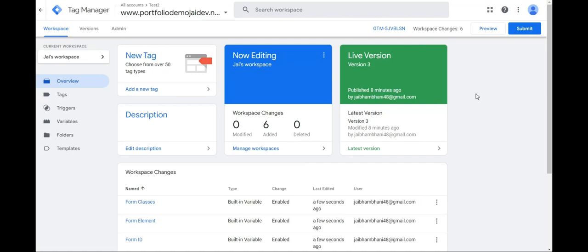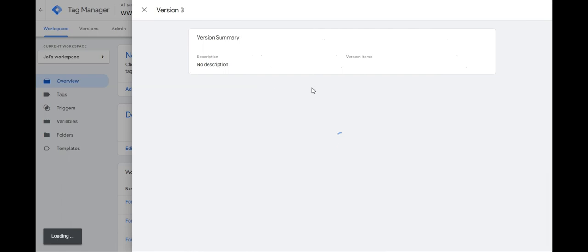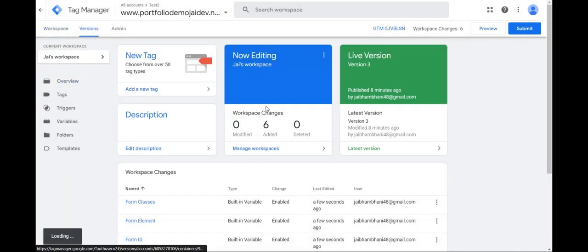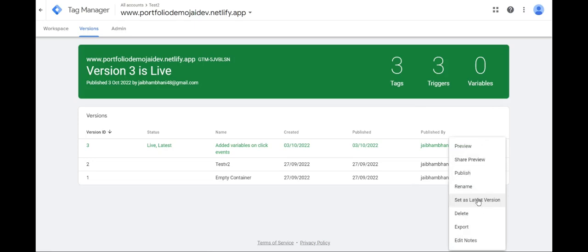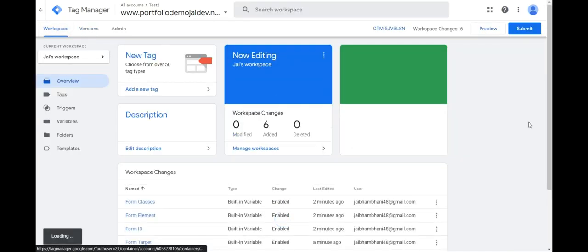Now there's something called versions here. If you just quickly click onto it and go to versions here, you can see that there are 3 previous versions that I've created and this is the current one which I'm working in, and that's why it shows live, latest, which means that this is the most current version, or the version which is now put to work. Similarly, I could set some other version as the latest version as well, or I could just preview a previous version, I could share a previous version, and so on. And if I just head back to workspace,